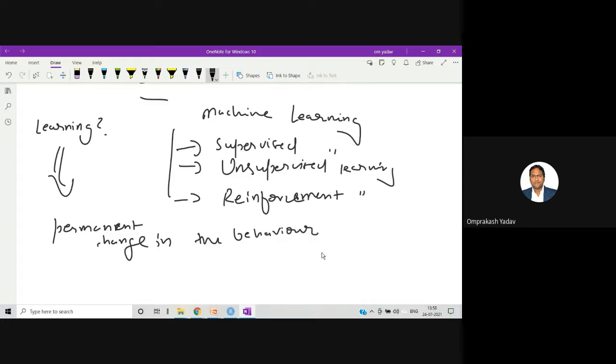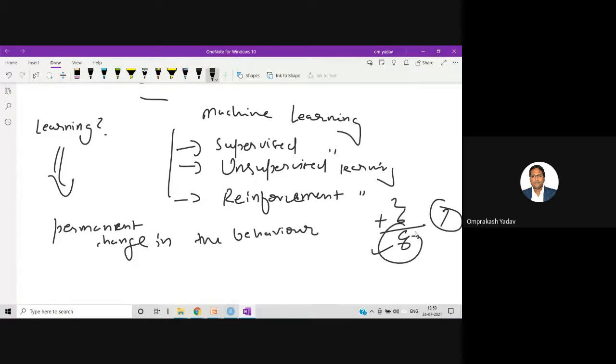For example, suppose I am teaching someone to solve one problem, let's say 2 plus 6. The first time the person is not able to solve it and gives the answer, let's say 7. I teach them to solve this particular problem in this way, and tell them this is not the correct answer. The answer is 8. Like this I give multiple problems to that person, and now he's able to solve them. After 1 or 2 days I will ask again if he is able to solve. Again after 1 month I'll ask if he is able to solve. That means I'll see that there is a permanent change in his behavior. Now he is able to solve. So one example I have given is solving of a problem.